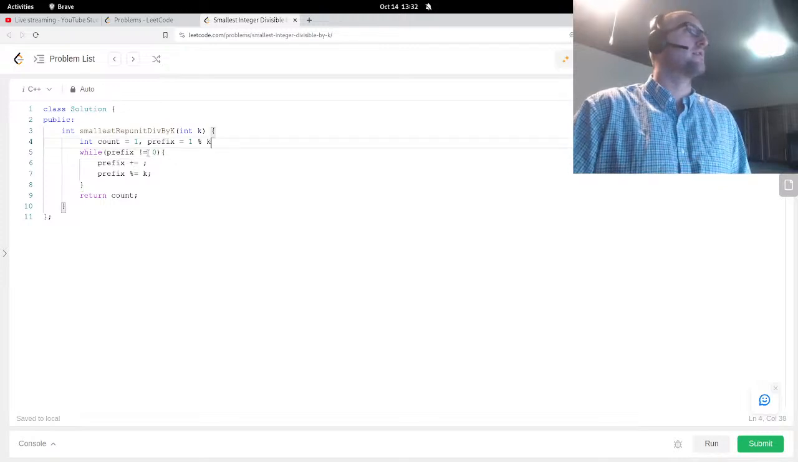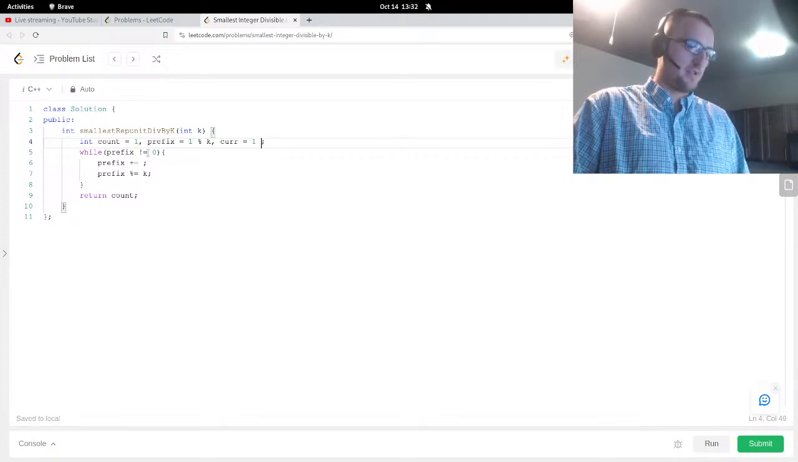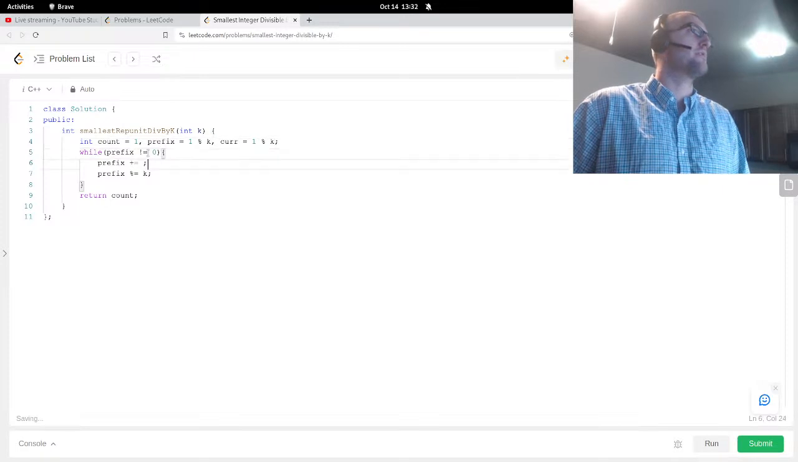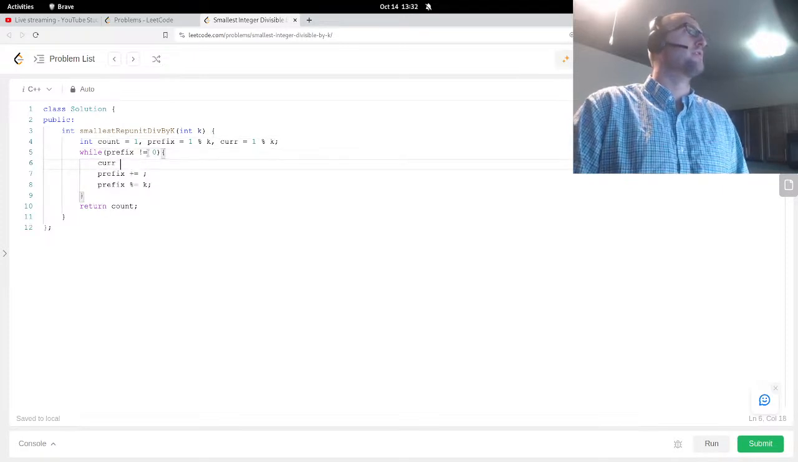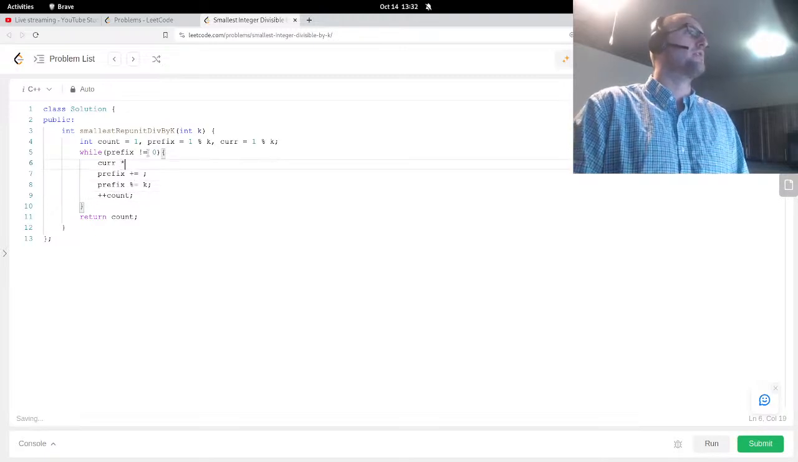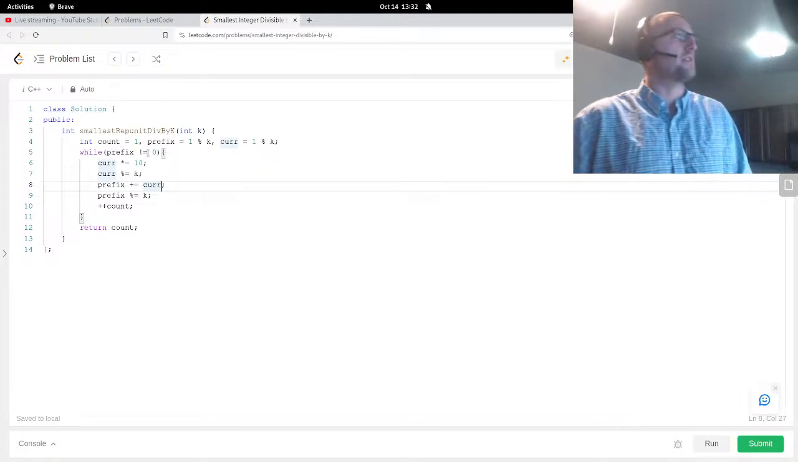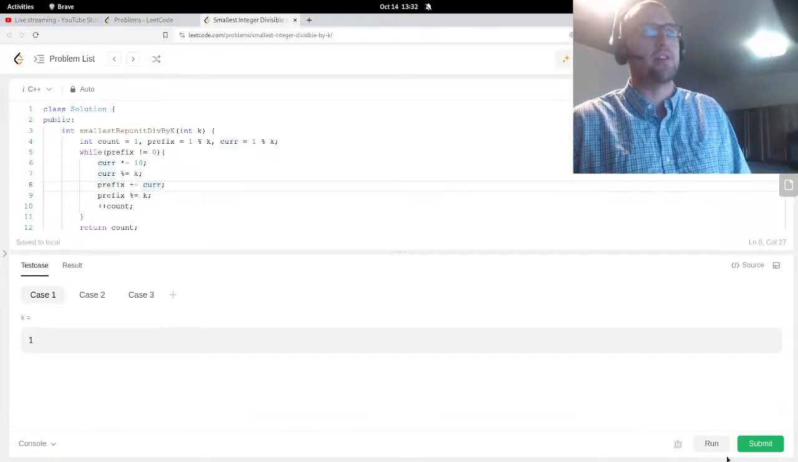Yeah. And just say current equals 1 mod k. Also, current, we're going to increment the count. We're going to say current times equals 10, current mod equals k, and then add this value to, what is going on? Add this value to, something like this. It's maybe not,